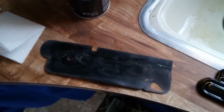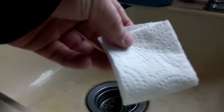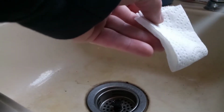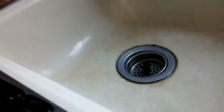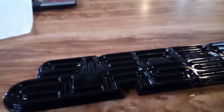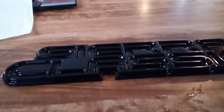I just took a little piece of paper towel, trying to get a better angle here. And I didn't do too much, just a little bit on a paper towel, let it dry out. And then, let me see if I can set this somewhere. I can kind of do it one-handed, and you guys can still see it. So I just take that paper towel with the brake clean on it, and just right over the top,